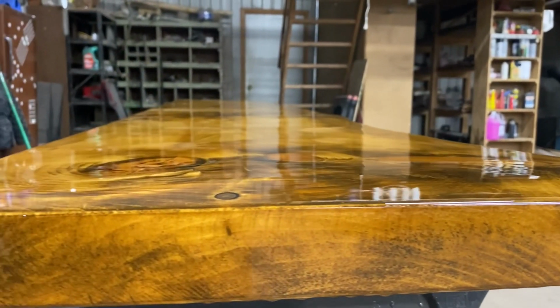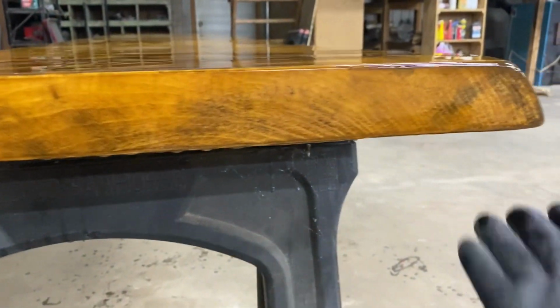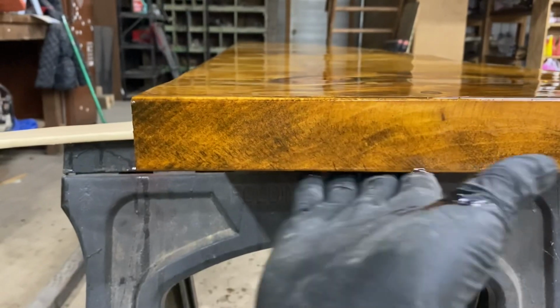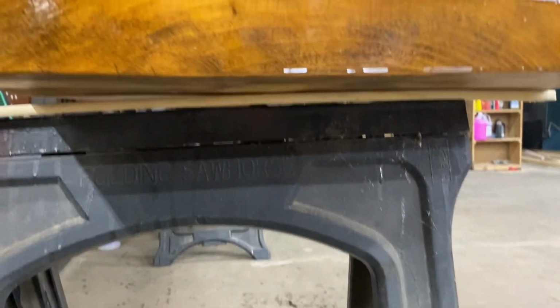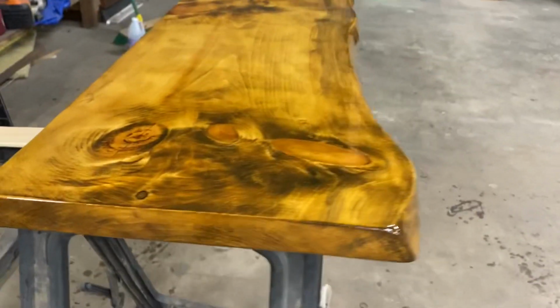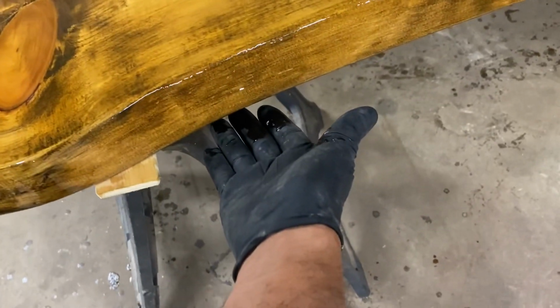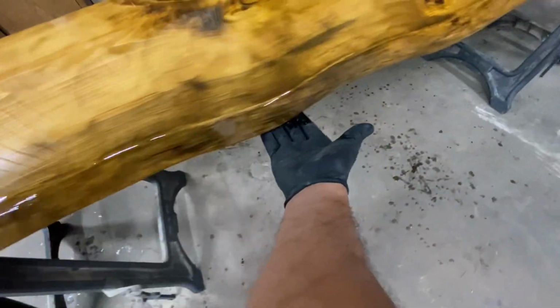So you'll see that there's some drips down here. If you still got a glove on, you can just, while they're still wet, wipe them like that. Smear them into the bottom. But if you miss them, not a big deal. Because what we'll do is we'll just sand them